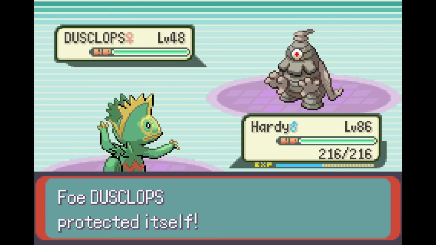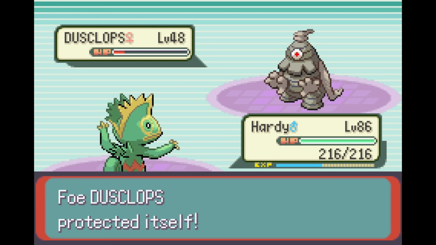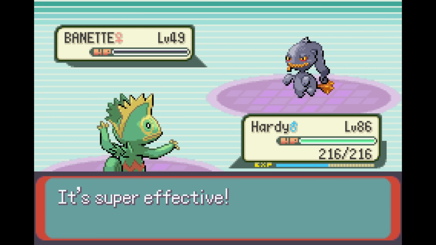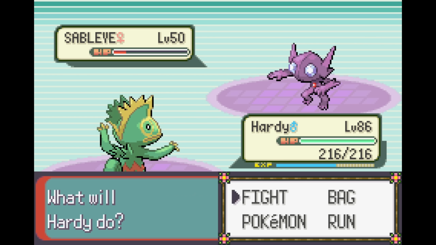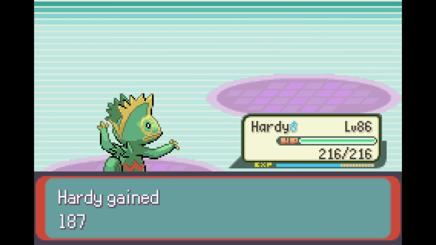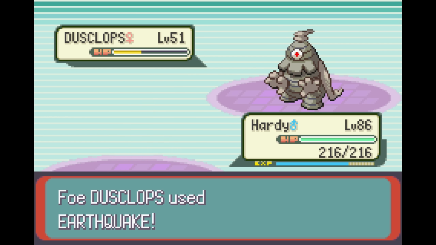I try again at level 86. Dusclops still finds a way to waste too many of my Feint Attacks, but at least we deal more damage. Bayonet goes down in one critical Feint Attack. Sableye takes big damage from Thunderbolt, Double Teams, then goes down to Feint Attack, and the second Bayonet also gets one shot. Last is her last Dusclops, and even with her Berry to heal, it only takes 2 Feint Attacks,